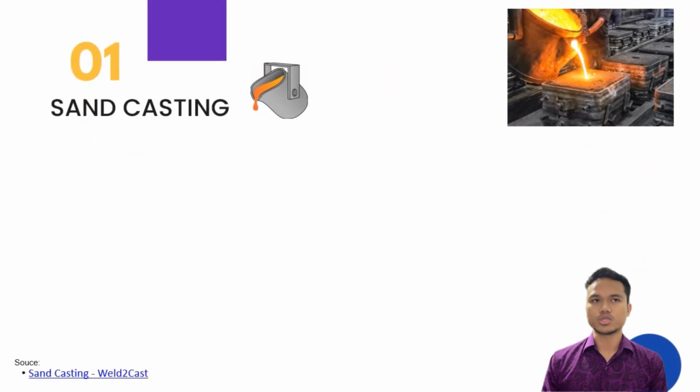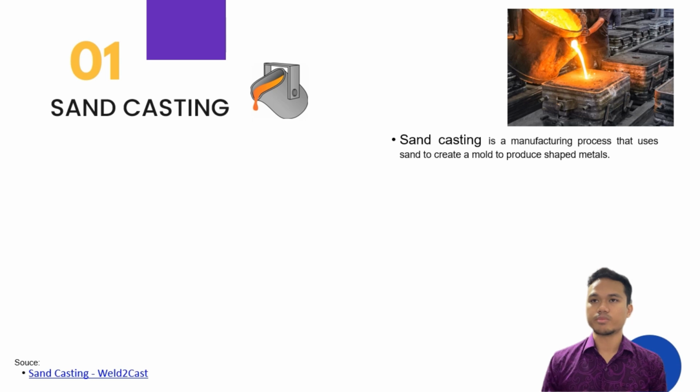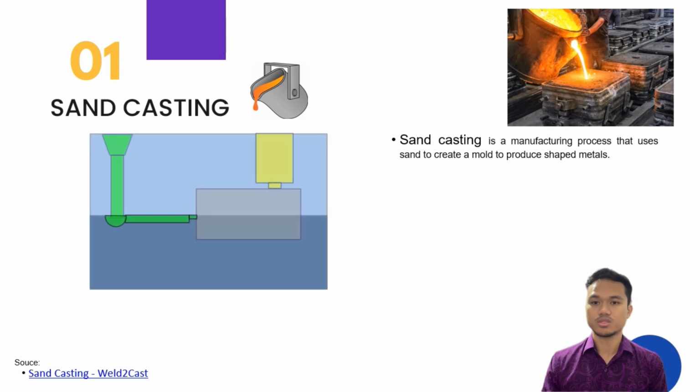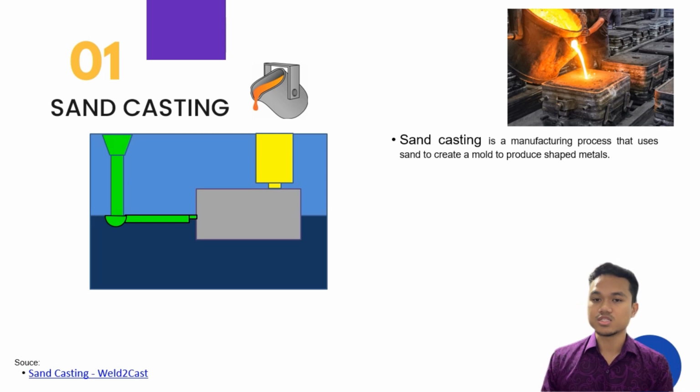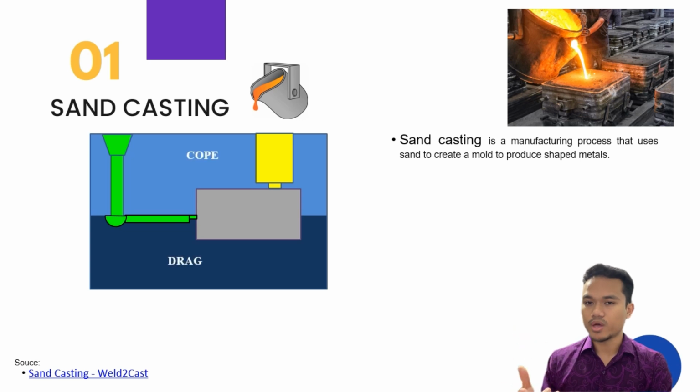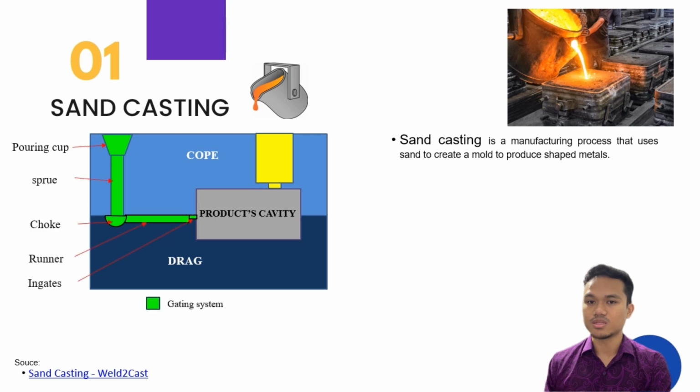For the introduction, what is sand casting? So sand casting is a manufacturing process that uses sand to create a mold to produce shaped metals. Here is the configuration of the flask or container that is used to hold the sand. It consists of two parts, the cope and the drag. Inside the flask, it contains a cavity of any desired shape, the gating system, which consists of these components, and